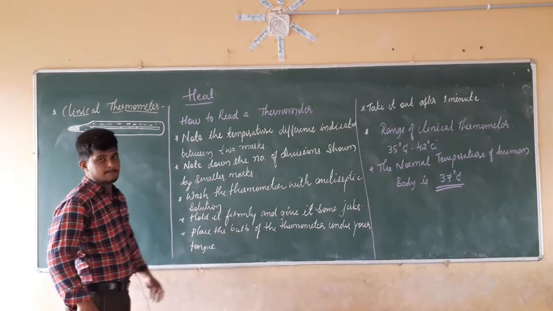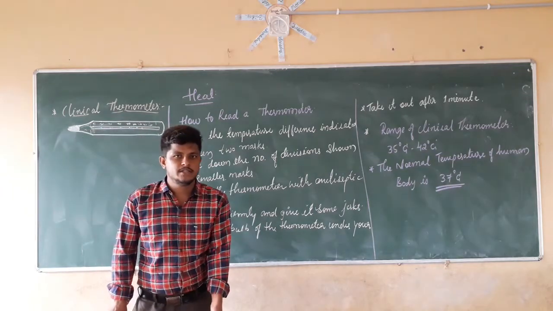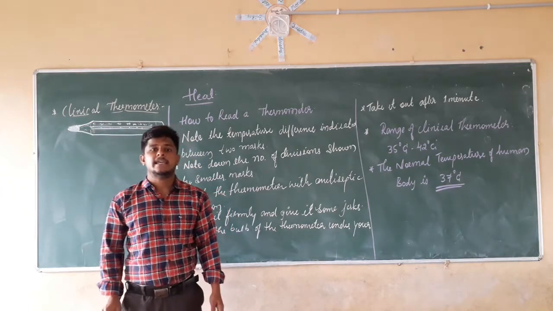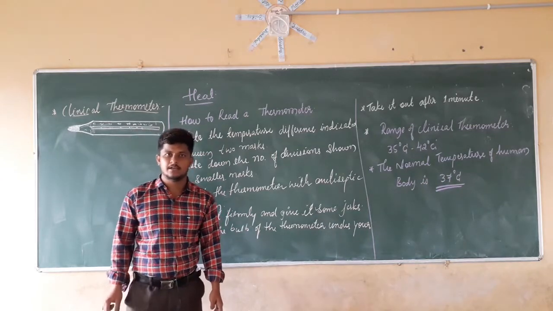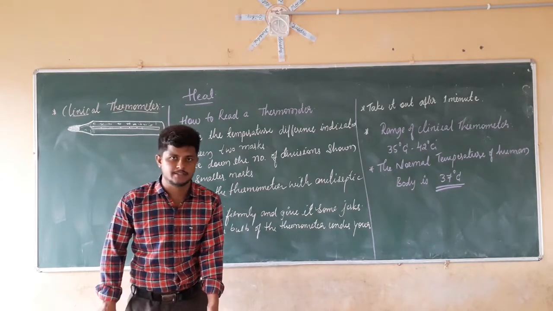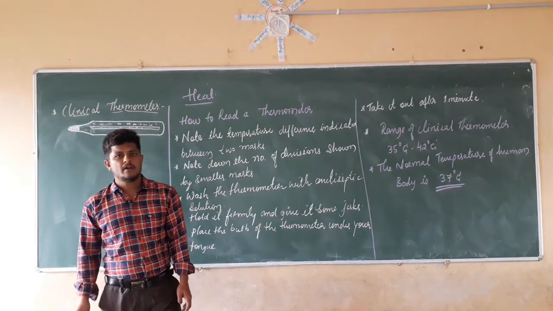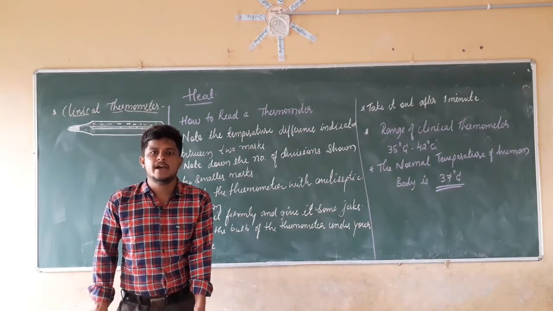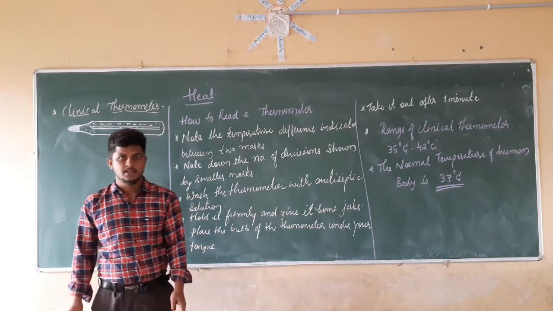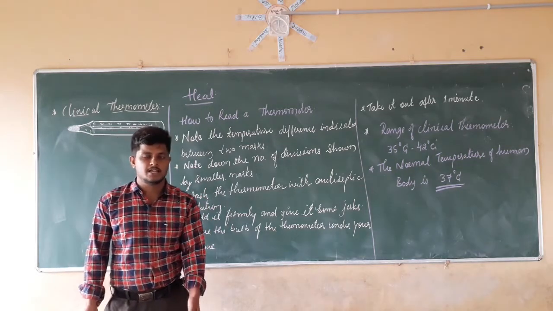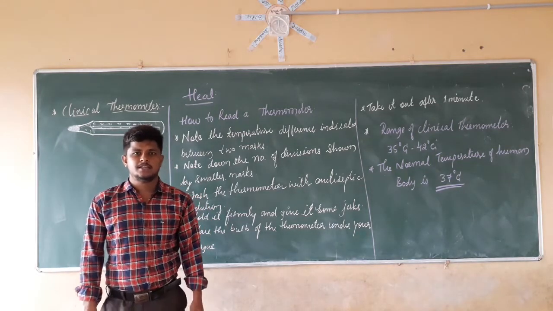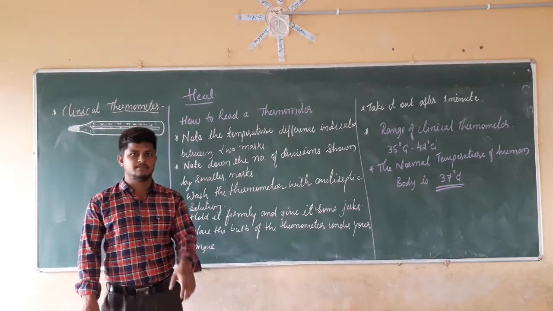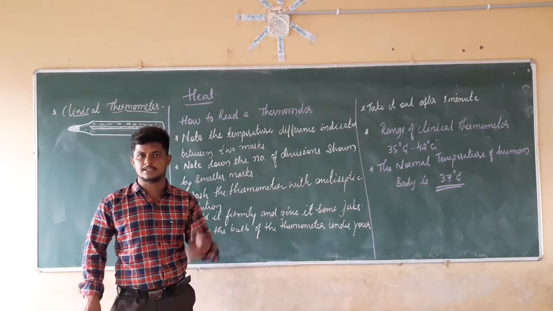How are we going to measure heat? By using temperature. Temperature is nothing but the measure of hotness. Now how are we going to measure the temperature? Temperature is measured by a device known as a thermometer. A thermometer measures what? Temperature. Therm means heat and meter means a device to measure those things.